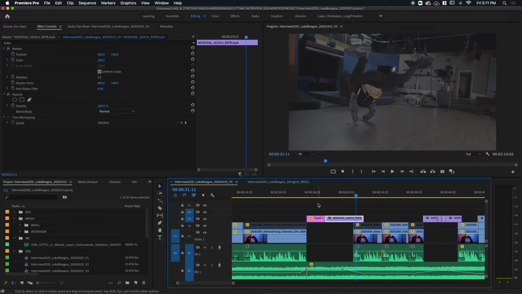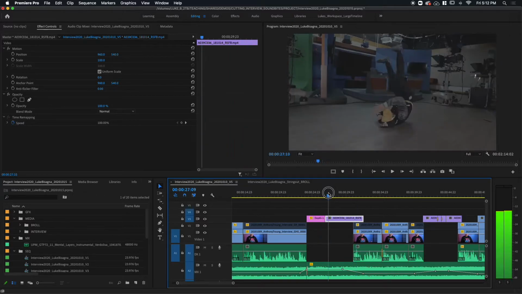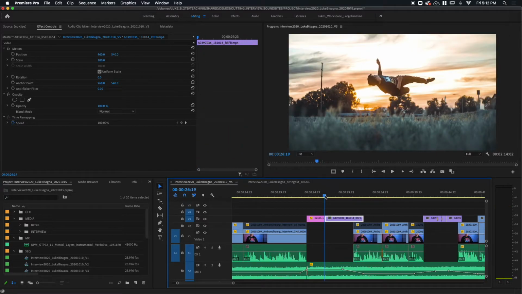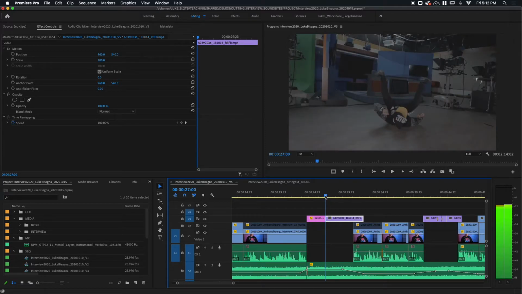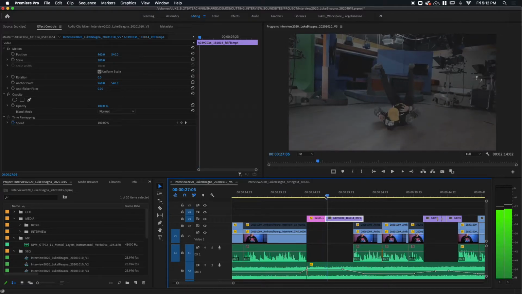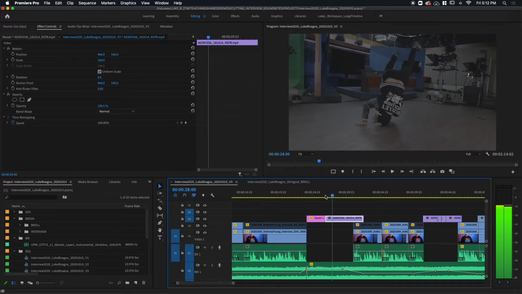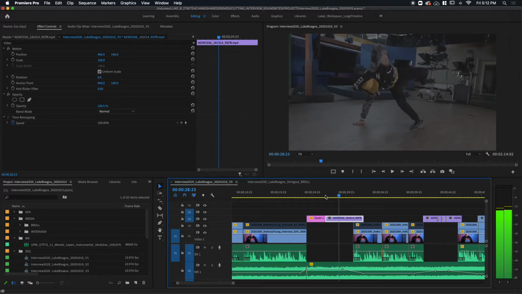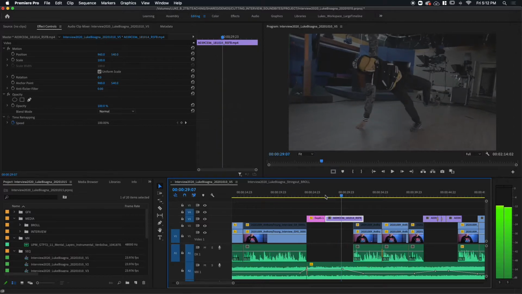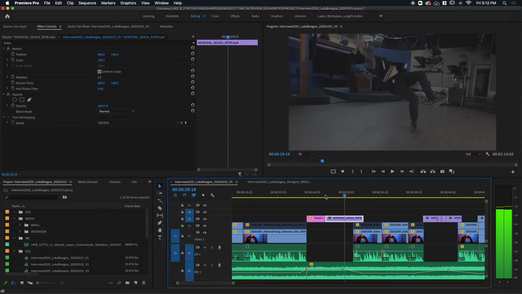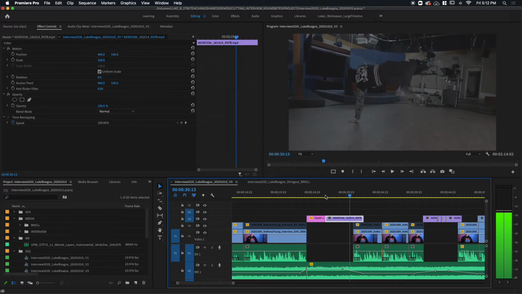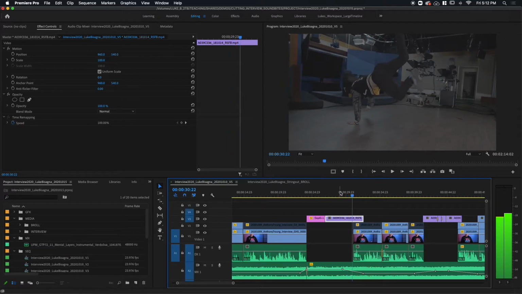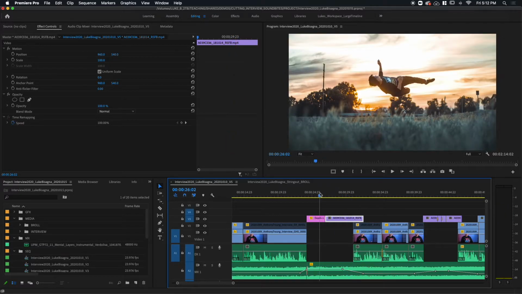Oh my gosh, this is really cool because I didn't even anticipate this. His hand hits the ground on a beat here. That's on a downbeat. Then his foot hits the ground on the snare hit, and then his second hand hits the ground on another snare hit. Right there. That's pretty cool. Let's watch that again.